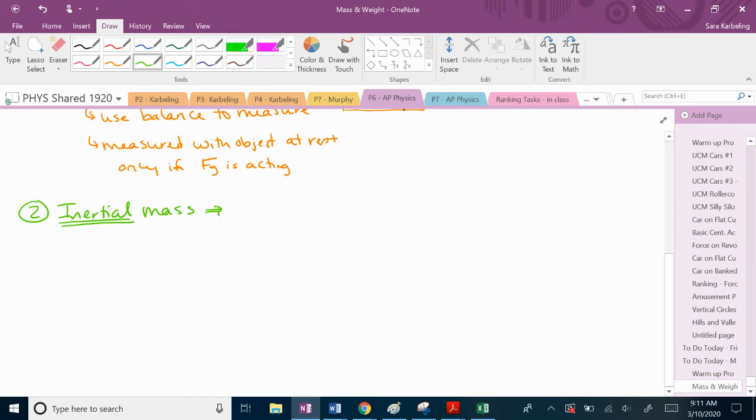Inertial mass is defined by Newton's second law. Newton's second law is a equals F over m, okay? Which says that if you have a mass and a force is acting on that mass, you can see the acceleration. So we can apply a known force